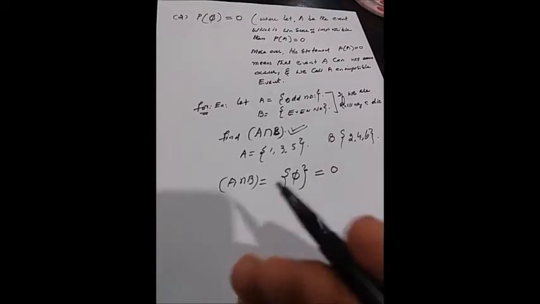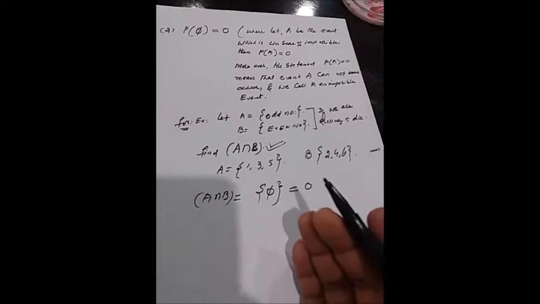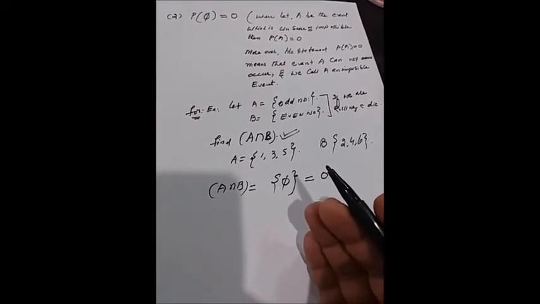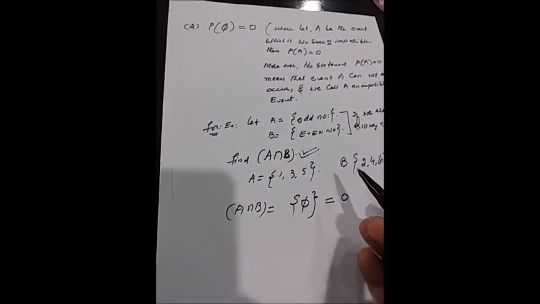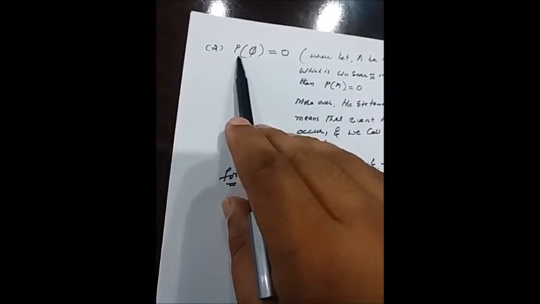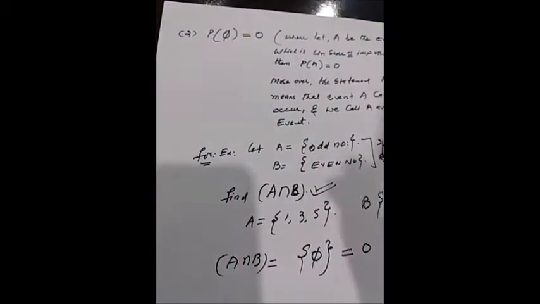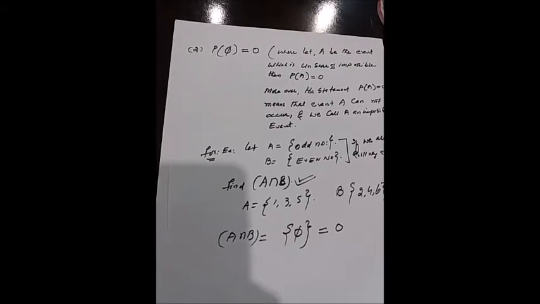So there are a lot of things in our lives that we are interested to perform. But at the end result, we have nothing in our hands, and this is called the null set, or the result is 0. So the second property of the probability of an event: the probability of the null set is always 0. It means we are calling an unsure and impossible event that will not happen, but we are calling it consistently. Okay, this is about the second property of the probability of an event.